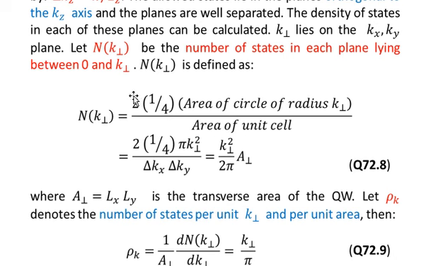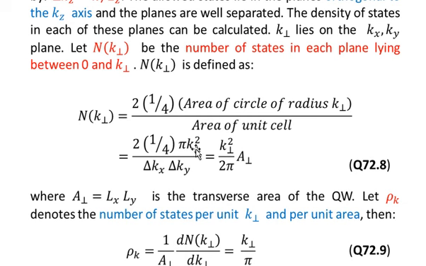And this factor 2 comes from the two possible states for each electron due to the spin, because the spin could be up or the spin could be down for the electrons. So in order to account the number of states we are multiplying by the factor 2 in the numerator, and in the denominator we are dividing it by the unit area, and the unit area is given by delta kx multiplied by delta ky, and the area of the circle in the numerator is given by pi into